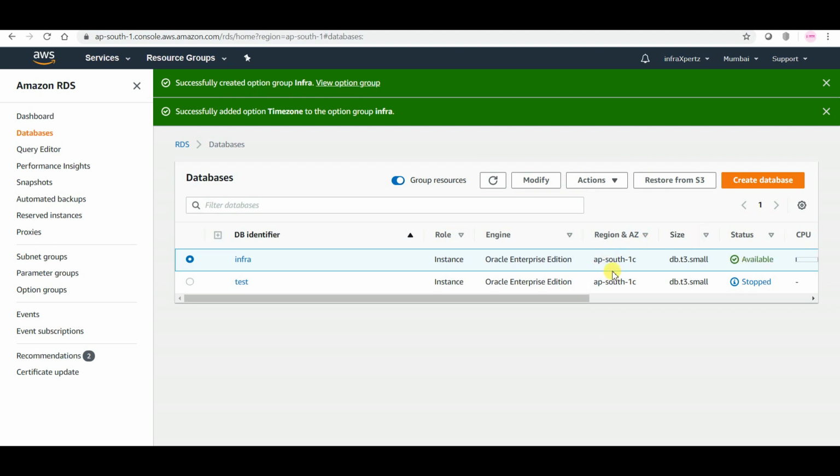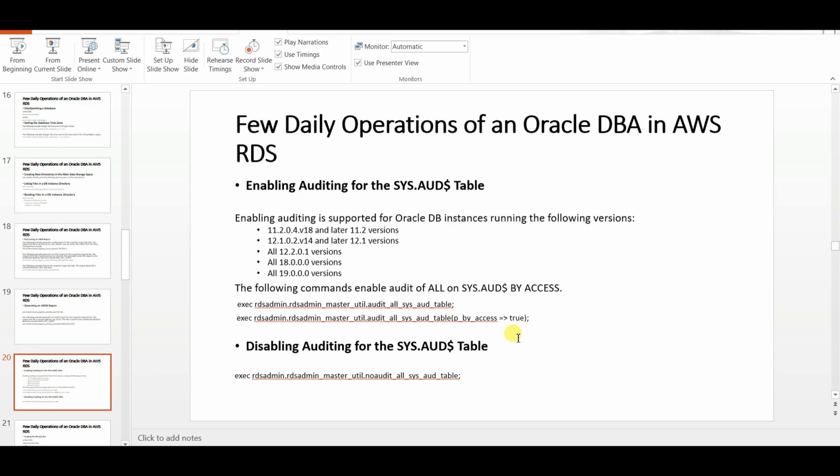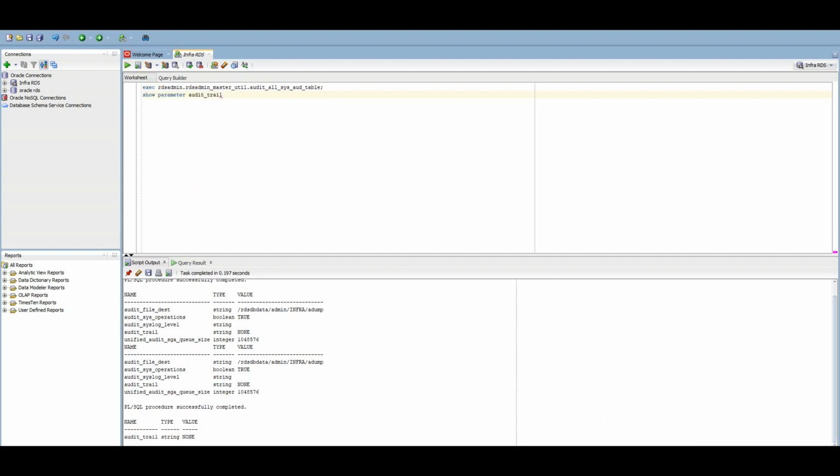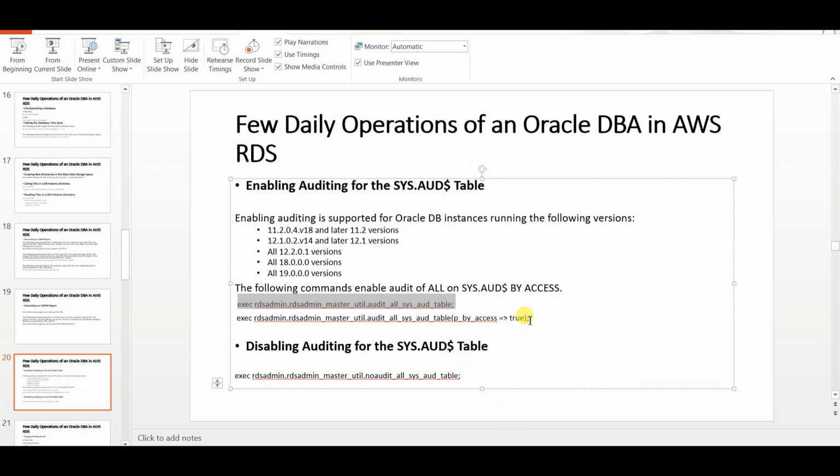So currently our database is available, and right now we need to execute the command to enable sys audit table. Let us check. Still it is none. Let us run this.